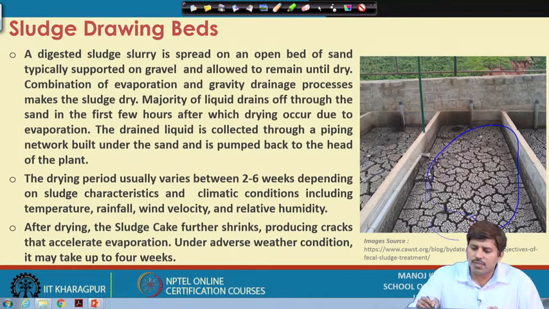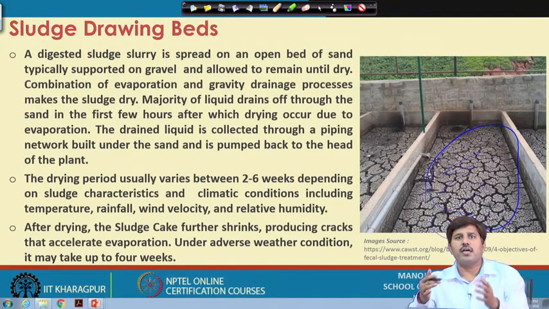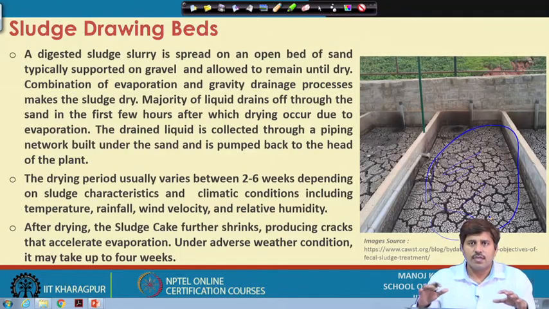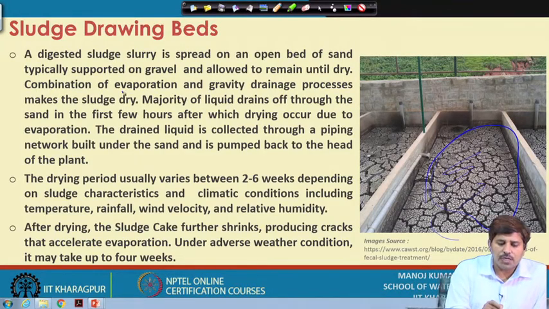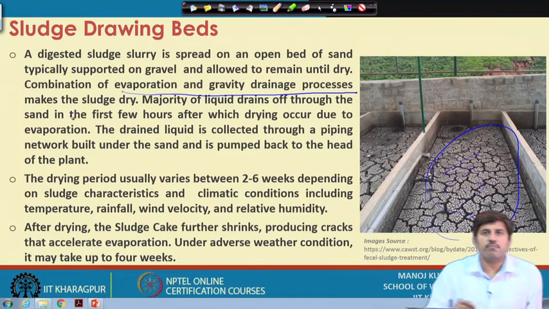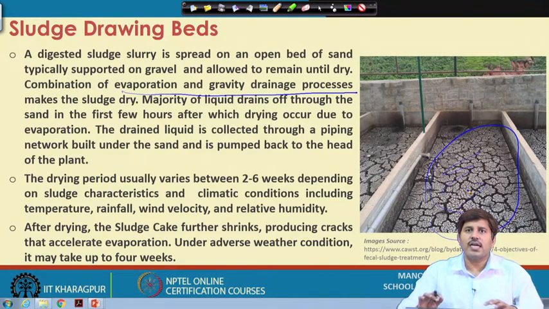So, if you see the design of these drying beds, there will be an underdrainage system provided. The combination of evaporation and gravity drainage processes makes that sludge dry. So, water will get evaporated and then water gets drained out through the sand bed, because it is laid on sand and the gravel is only for support. That sand will hold the solids back, but the water can squeeze through the sand